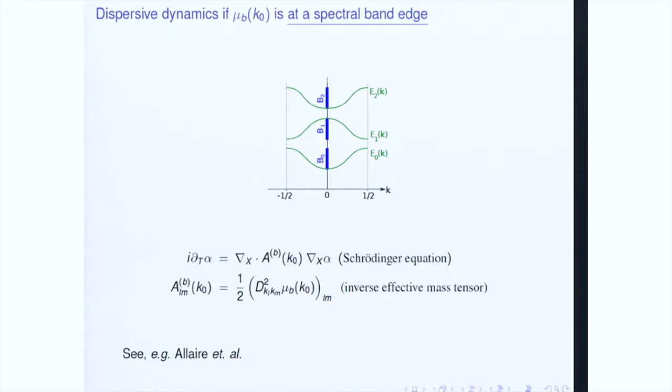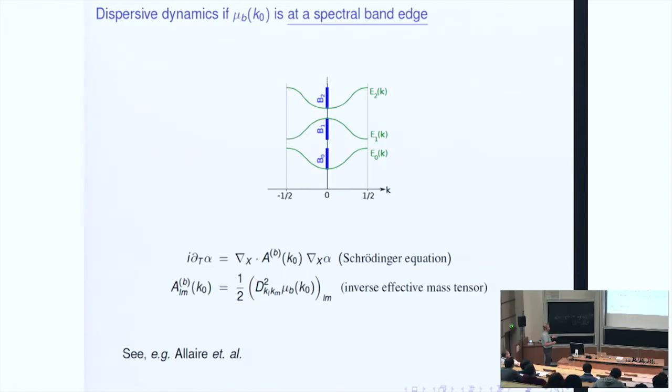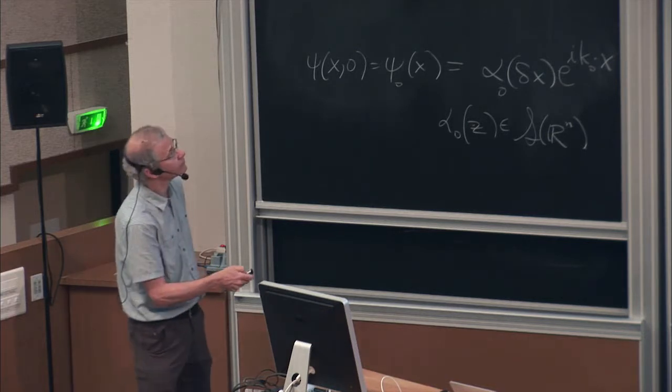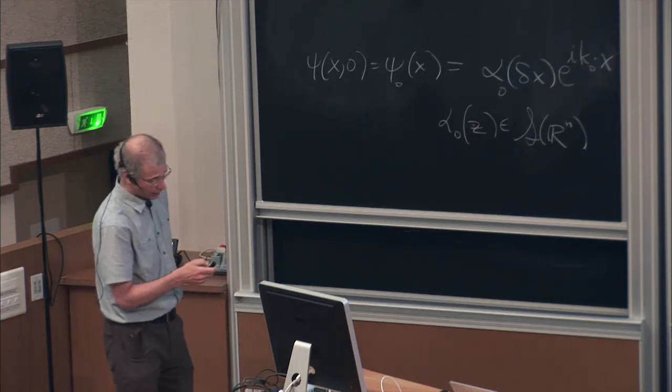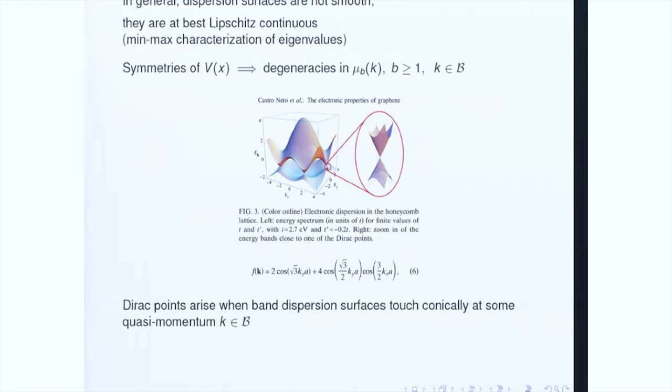And if k0 is located at a band edge, then the gradient is zero, and you can get dispersive dynamics on the appropriate time scales. Here, the time scale is going to be 1 over delta squared, and on the previous slide, time scales of order 1 over delta. Now, it turns out that